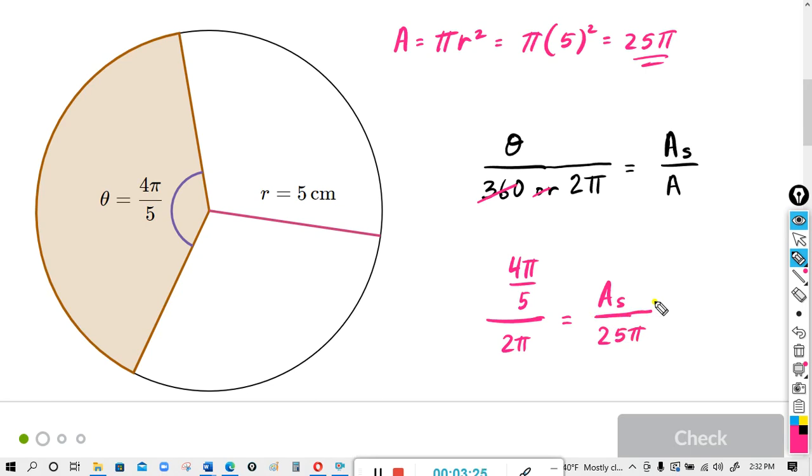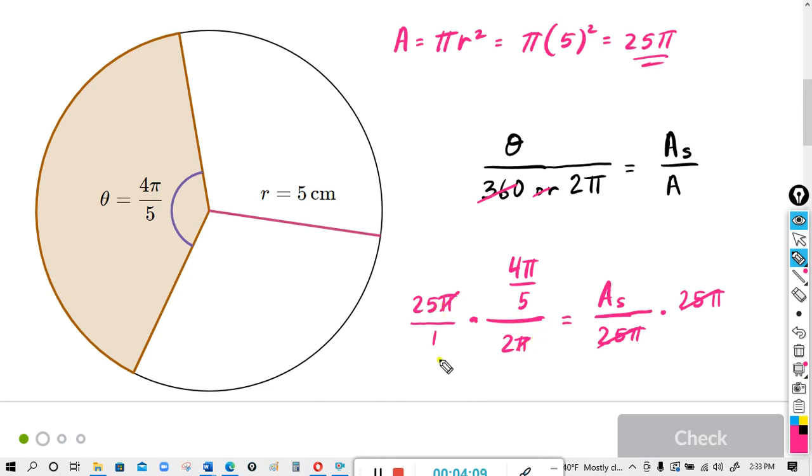All right. And now in order to solve for A sub s, sector area, I'm going to multiply both sides by 25 pi, since I'm dividing by 25 pi right there. Okay, so on the right-hand side, 25 pi over 25 pi cancels, and the sector area equals this mess right here. So let's cancel some things, okay? 25 pi, if it helps you, it's the same as 25 pi over 1, okay? These fractions are multiplied, so pi divided by pi cancels,